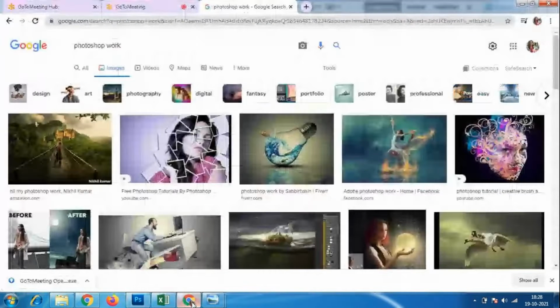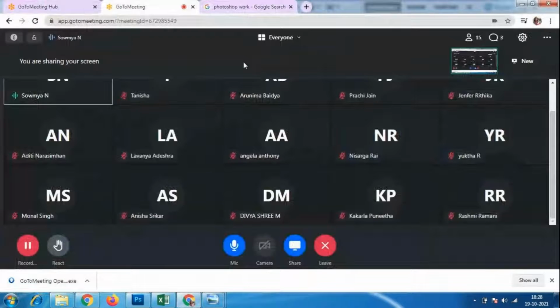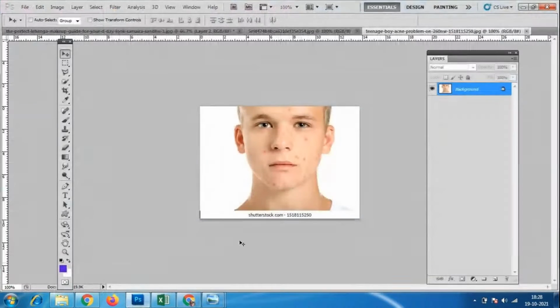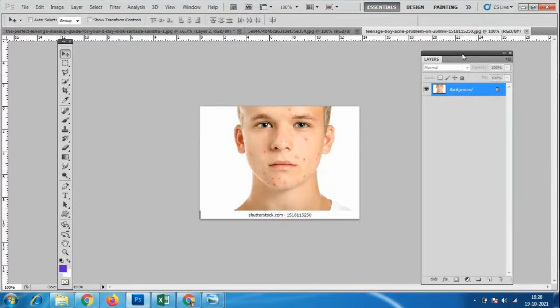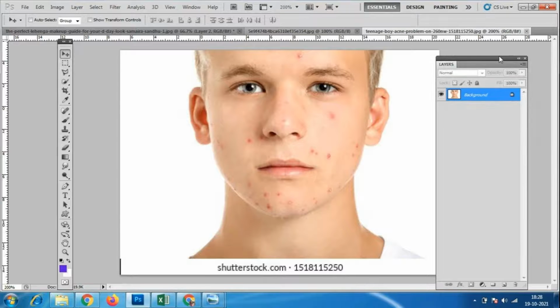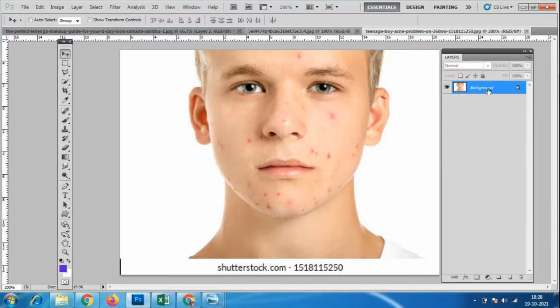You have to download that particular image to do this kind of editing. Always take a duplicate copy. I have taken this image which has so many marks. I'll take a duplicate copy of this background layer. Right click on this, there is an option of duplicate layer.